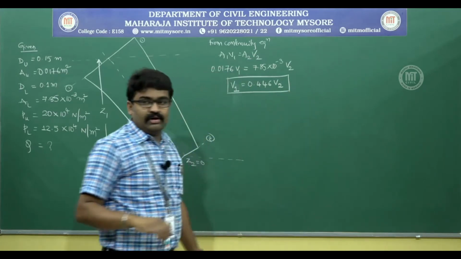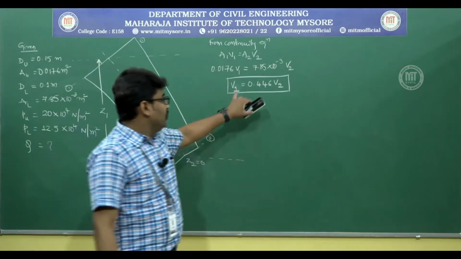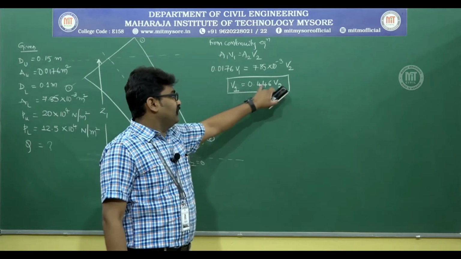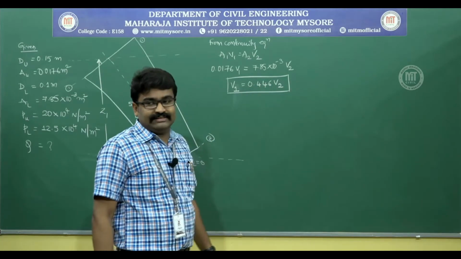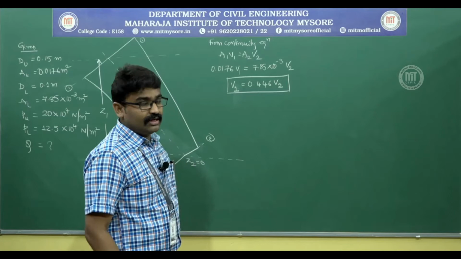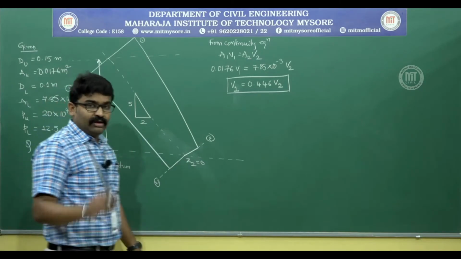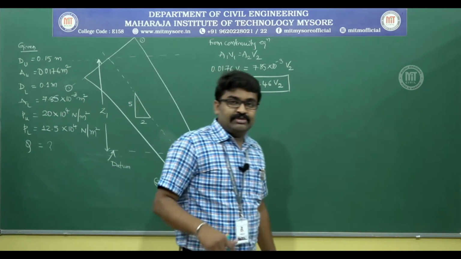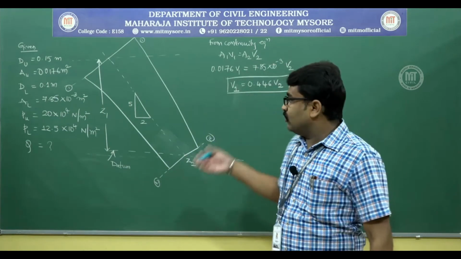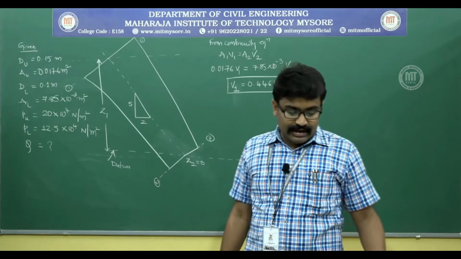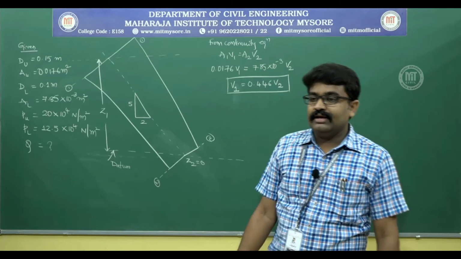Very important part of the problem, because wherever you have V1, you will put 0.446 V2 in the solution. Next, we are left with finding out what is Z1. Now take down a line which helps you in finding out what is Z1. Assume that the datum line